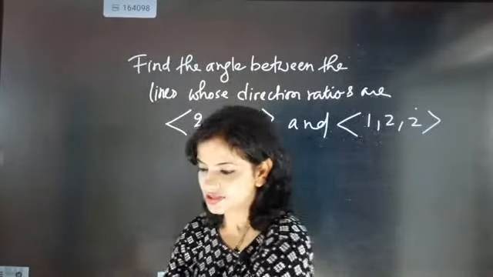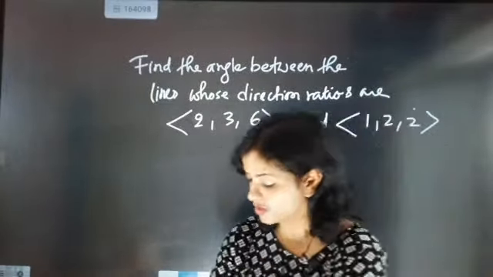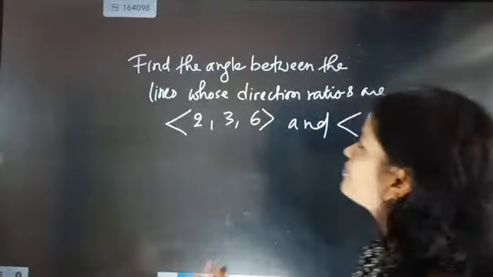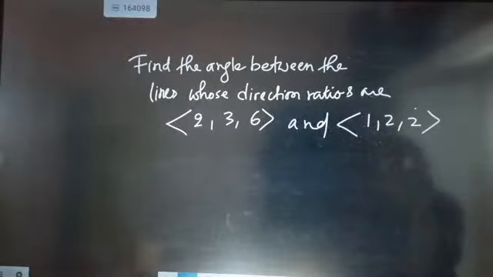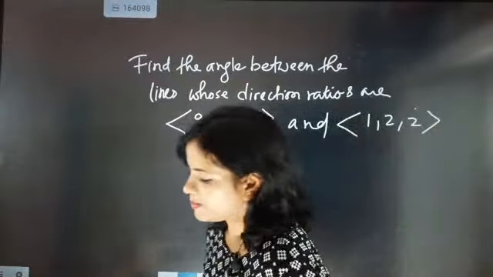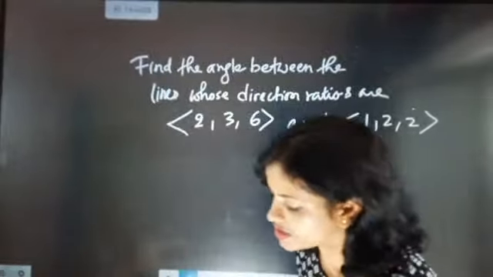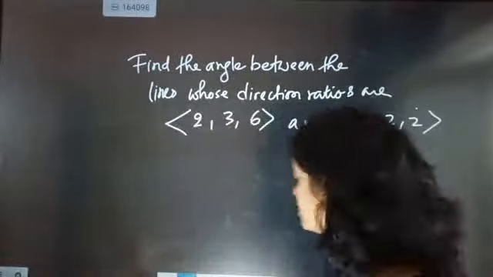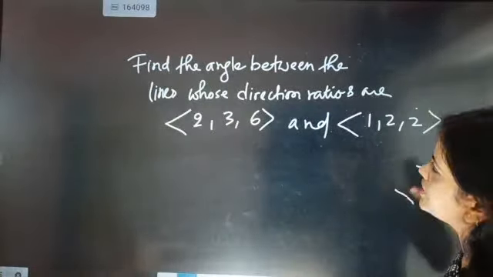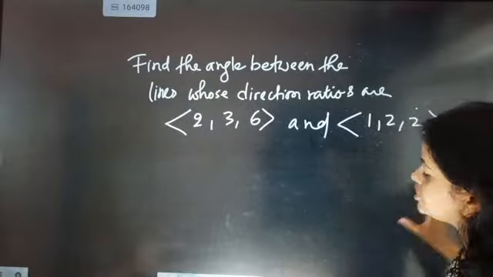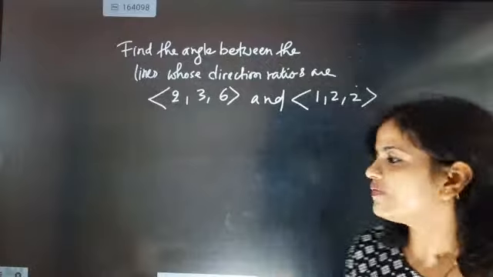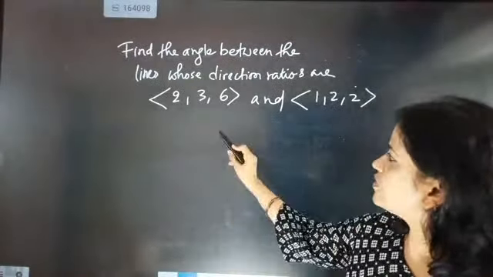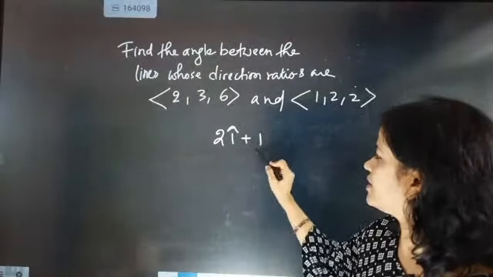Three answers. I wanted one angle, you gave me three angles. Come on, find the angle between the lines whose direction ratios are this. I am going to find these angles because we have a provision where these 2 lines are there, and their direction angles are exactly given like this. We are not going to waste our time. We are just going to say that it can be written as